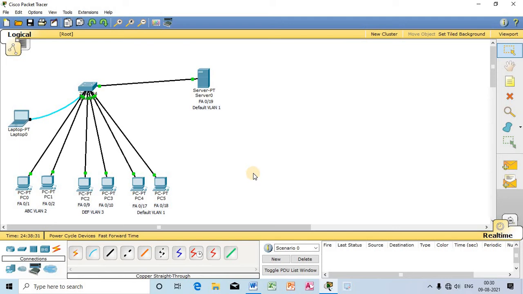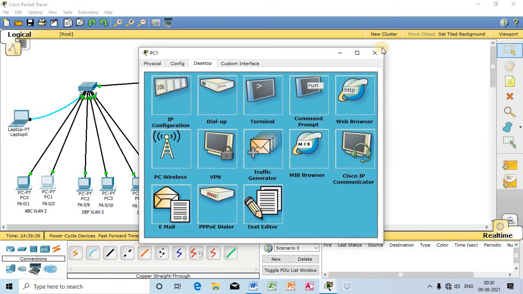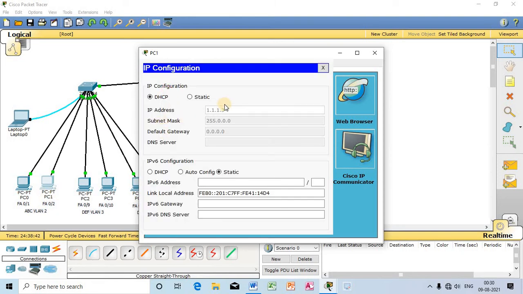But if I again remove the IP address from this particular system PC1, let me remove the IP address. So I have removed the IP address from PC1.